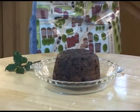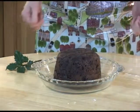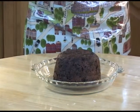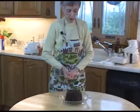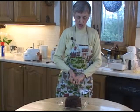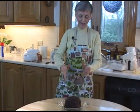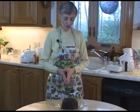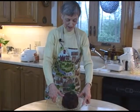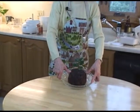imagine it steaming, lovely aroma coming from the top, and then I would take a little sugar, sprinkle it over the top, and of course a piece of holly. When we take it in and serve it with the custard sauce, and we take brandy, pour it over and flame it. This is the finished Christmas pudding,